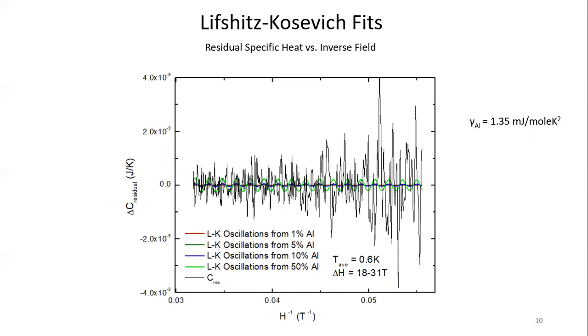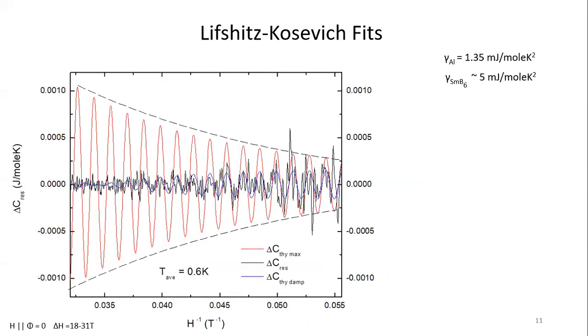So then we go back to our best fit range, where we can set limits on the maximum range of observable oscillations within the Lifshitz-Kosevich theory. Looking at the red curve, the peak-to-peak envelope is set by those black dashed curves, which look at the maximum possible oscillatory phenomenon in the zero temperature limit. So in this case, we are no longer taking into account damping effects due to phase smearing